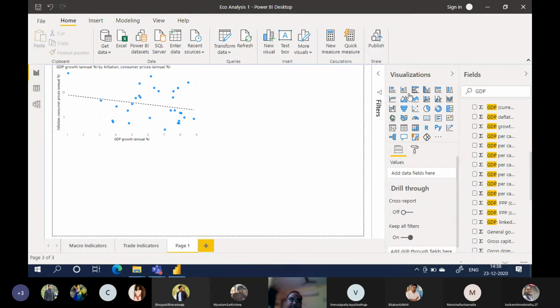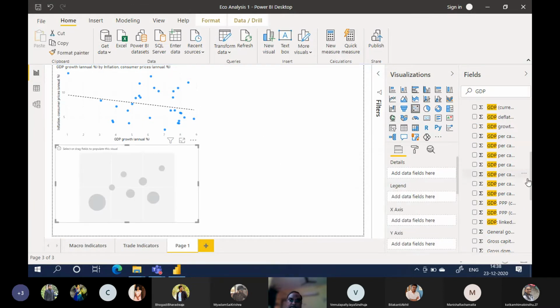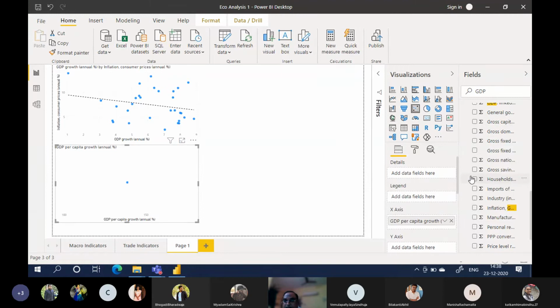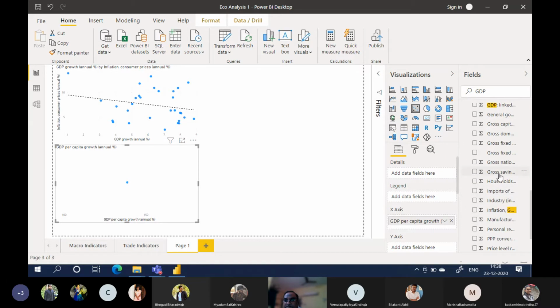Is there a relationship between GDP per capita annual growth and gross savings?